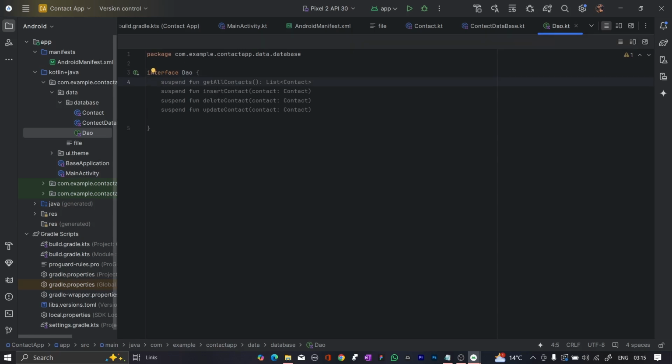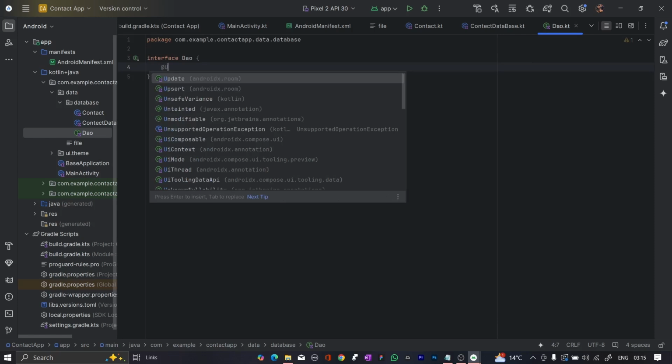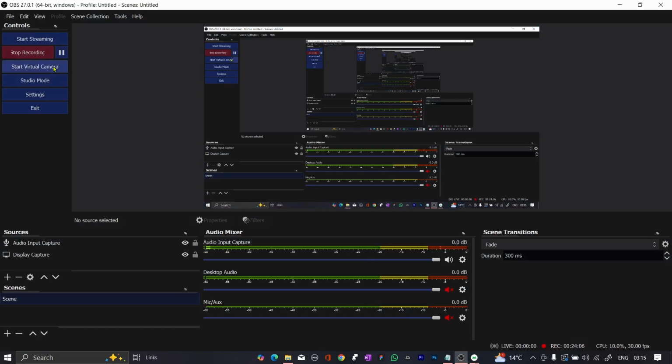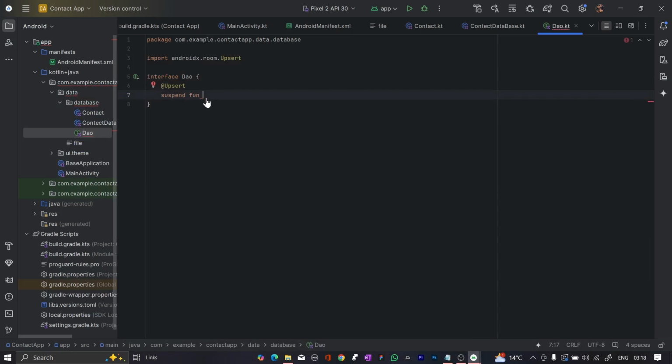तो जो फंक्शंस हम करेंगे, दैट फंक्शन वुड बी, फर्स्ट इज़ द अपसर्ट फंक्शन, जो कि इंसर्ट बोलते हैं, उसे हम अब अपसर्ट बोलते हैं, राइट? एंड अपसर्ट फंक्शन में एनोटेशन लगाया हमने, एक सस्पेंड फंक्शन बनाया। सॉरी फॉर द डिस्टर्बेंस एक्चुअली, राइट? एंड इसके बाद हमें सस्पेंड फंक्शन में एक फंक्शन बनाना है, अपसर्ट कॉन्टैक्ट, मीन्स इंसर्ट कॉन्टैक्ट, राइट? एंड इसमें हम क्या करेंगे,